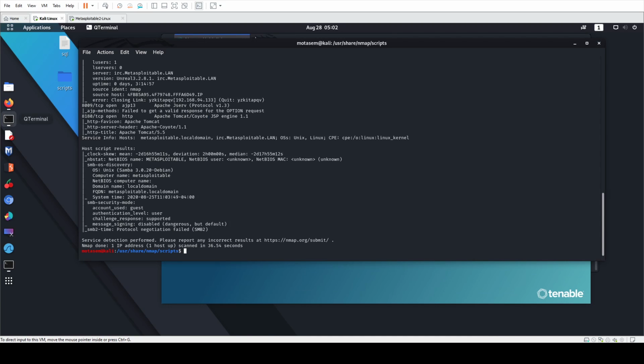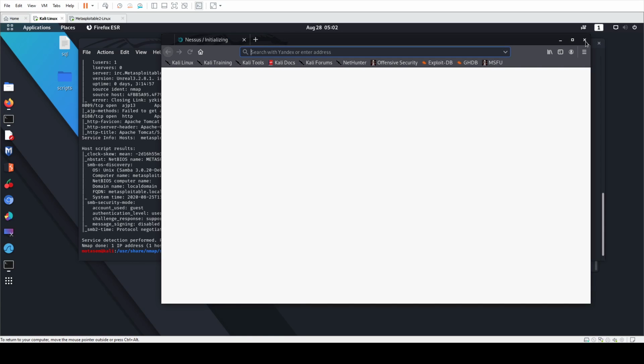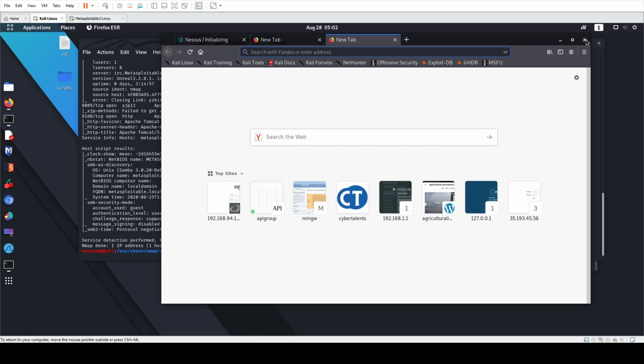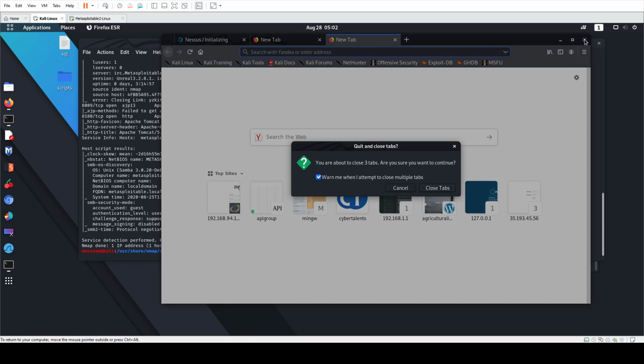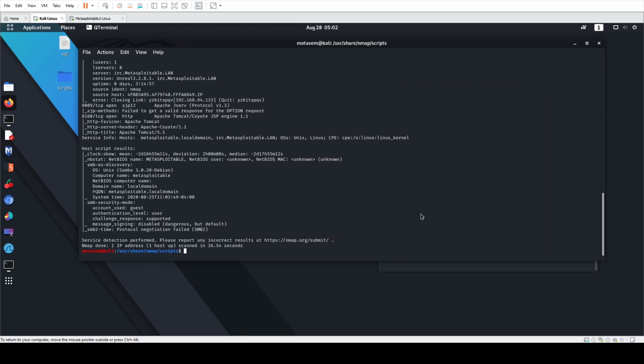Okay, what about this? Still running. I'm not sure if this is the right thing to do, but I think it's a problem with Firefox. Let me close it again. Okay, now